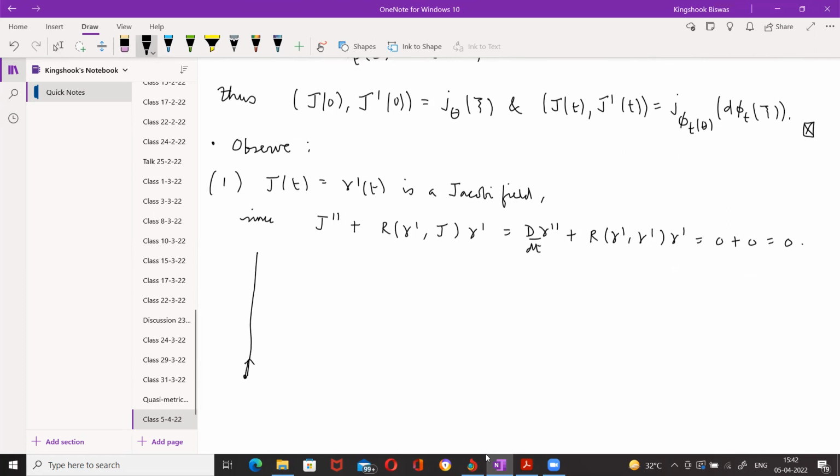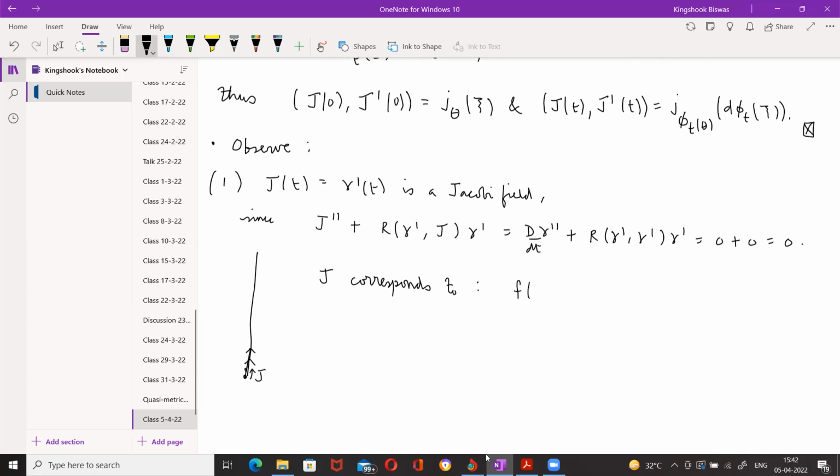If this is my gamma prime 0, my Jacobi field is moving parallel to gamma, right? So what will my parameterized surface be? J is moving in this direction. So what will my parameterized surface be? It will be the curve only. What geodesic variation does J correspond to? What will it be? Exp of gamma t of